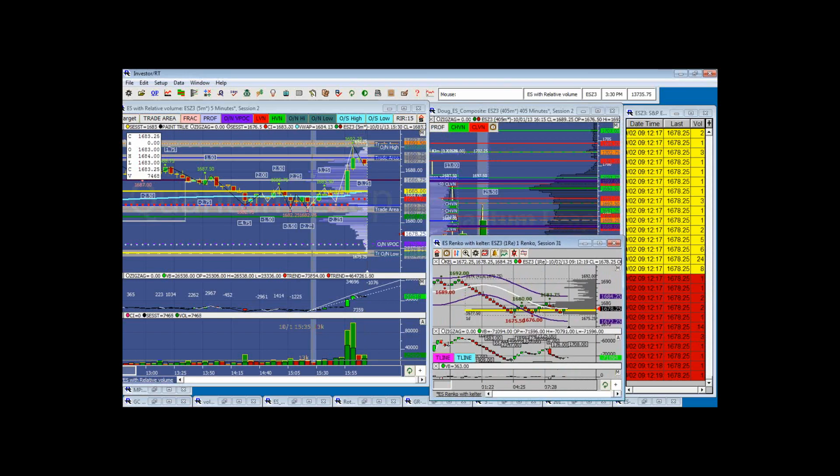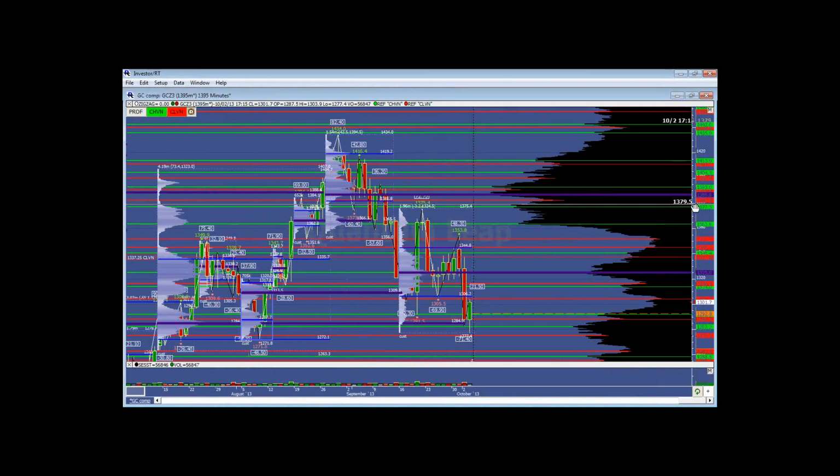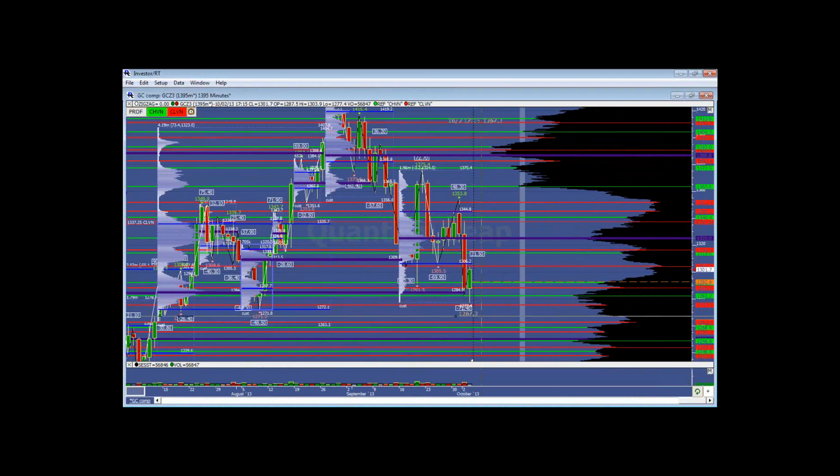In terms of gold, yesterday, and I've been talking about this, I was waiting for this move down to this 1284.90 area to see if they can come down and pick up buyers. I started to try to build a swing long position in this area. I took a few shots at it yesterday, and picked up 68 ticks trying to do it, but I couldn't hold it. It went all the way down.